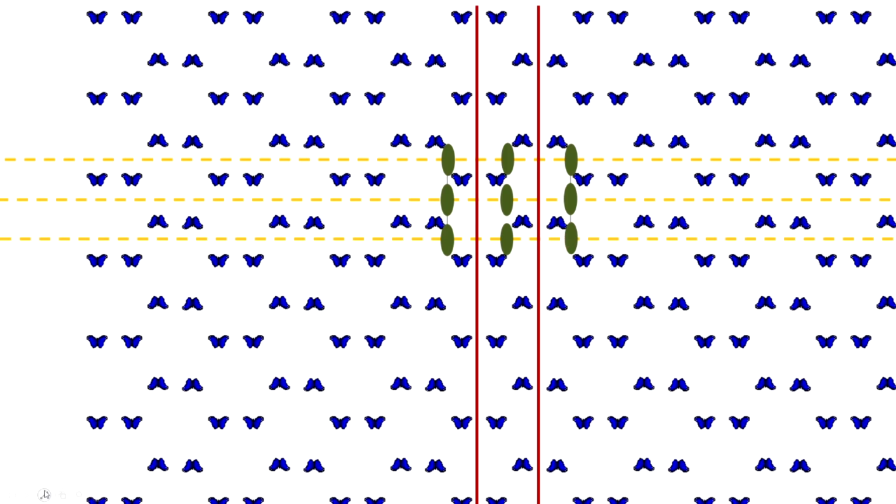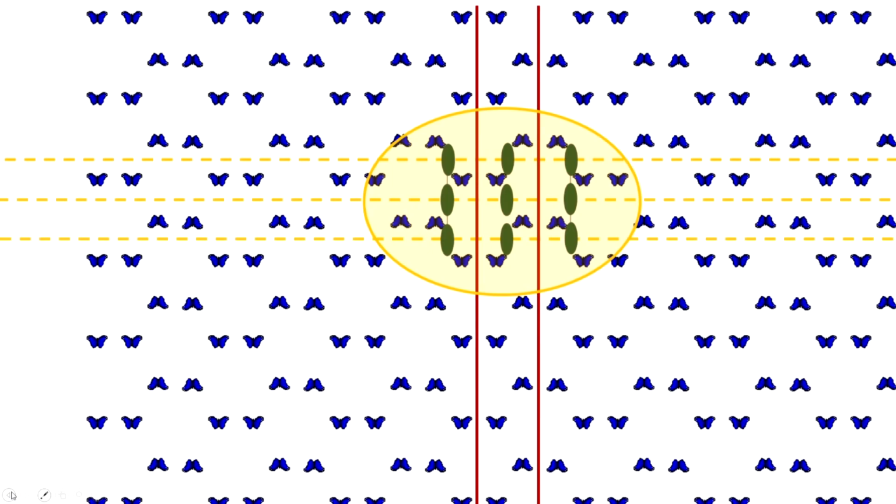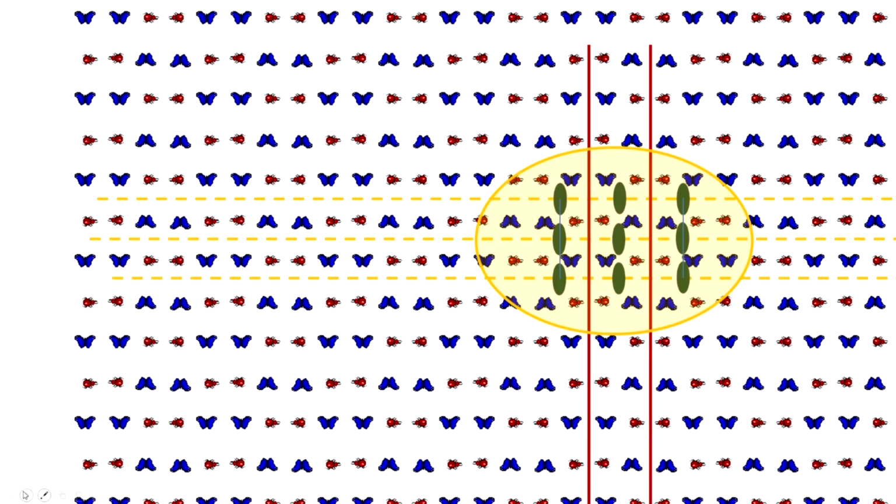But let us take a look at a third pattern now, and this is the small unit that describes this pattern. Looking at this pattern, it appears to be very different from the previous pattern, as you can see. There are some more motifs here, they are not just butterflies, but there are some other motifs that have been added to this. But let us look at what are the symmetries that are present here. What we will find in this case is that the underlying symmetry of this pattern is exactly the same